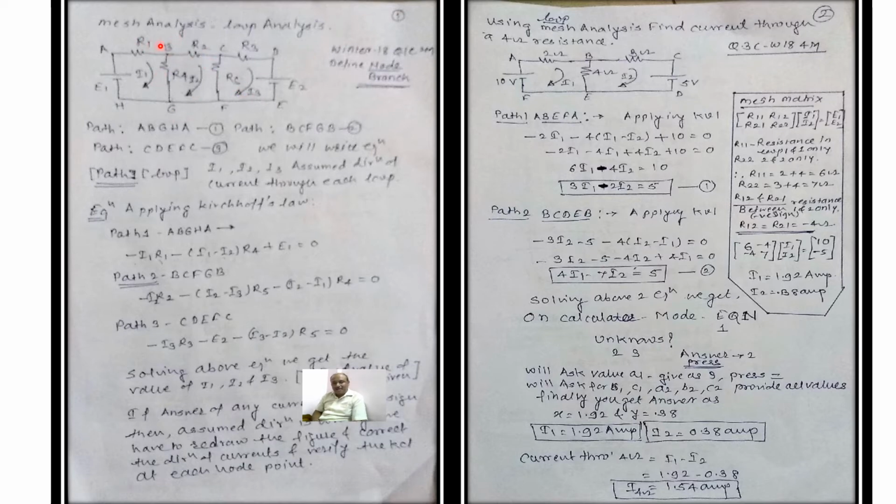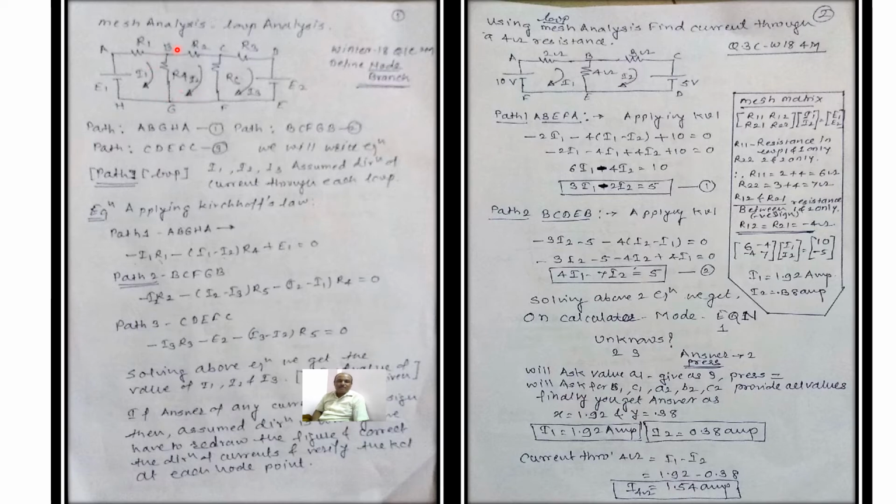That is, at a junction point, the summation of all the currents meeting at a point or junction is equal to 0. So in this problem, we are going to do the following. First minus I1 R1. Now for this branch there are two currents, one is I1 and the second is I2. But since we are in the first loop, we give preference to I1. So we call it I1 minus I2.